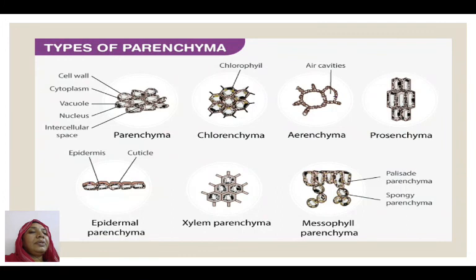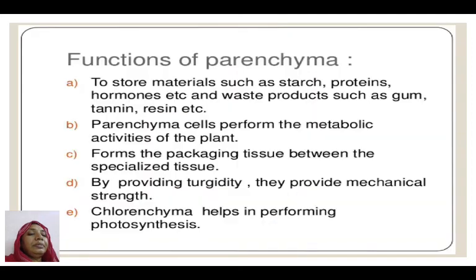In this slide, you can see different types of parenchyma. These are chlorenchyma, prosenchyma, epidermal parenchyma, xylem parenchyma, and mesophyll parenchyma. All these types of parenchyma are present in the different organs of the plant body. These are the major constituent of the plant. The functions of parenchyma are,